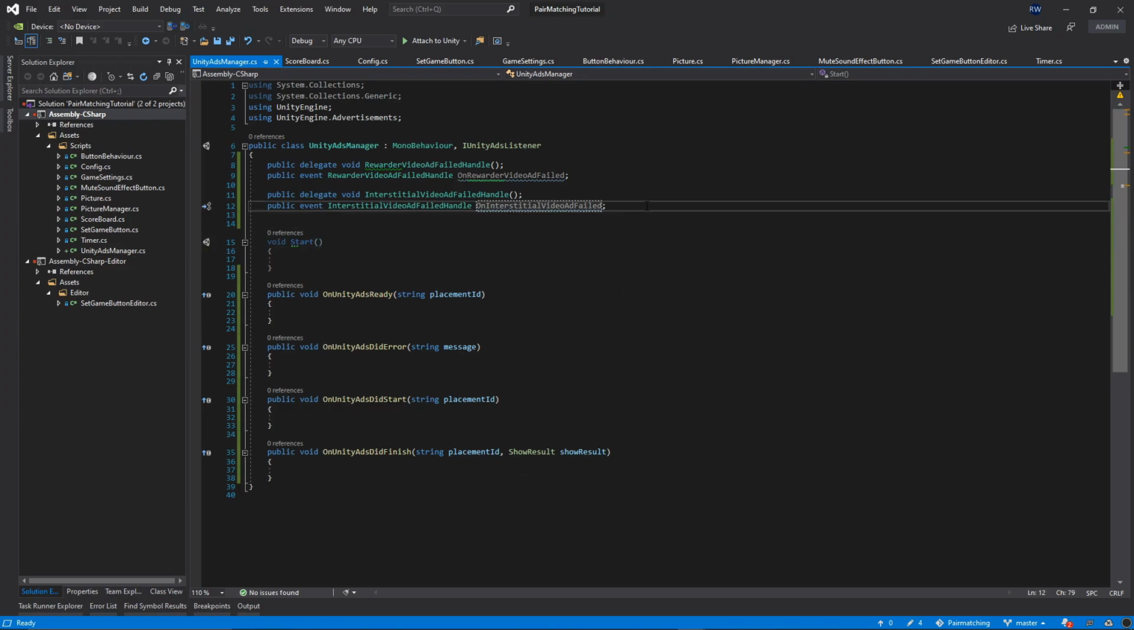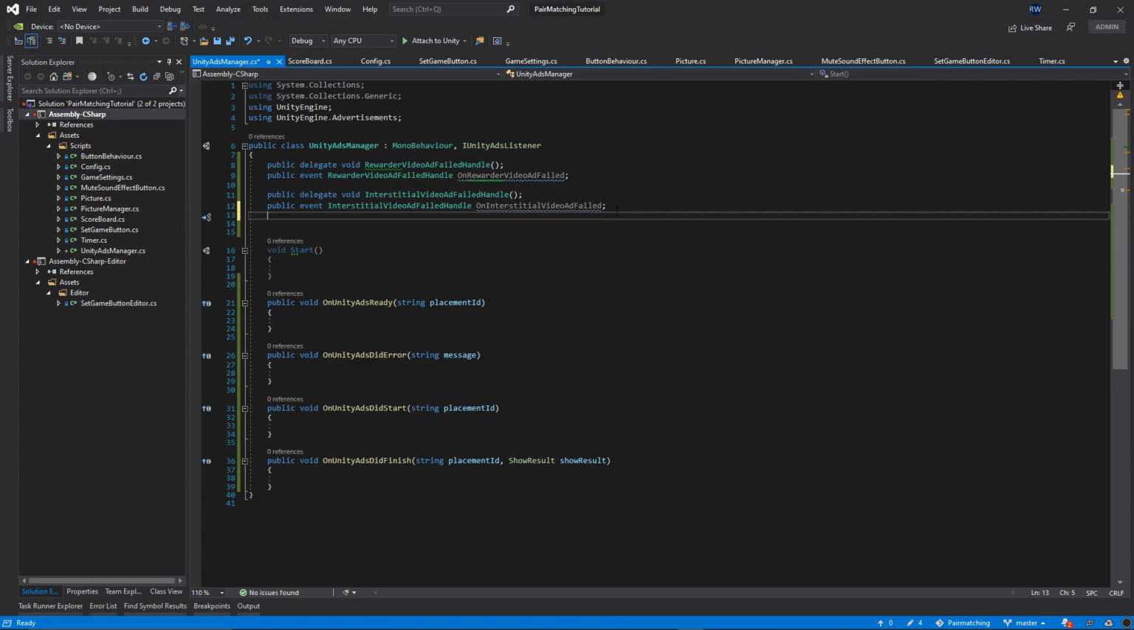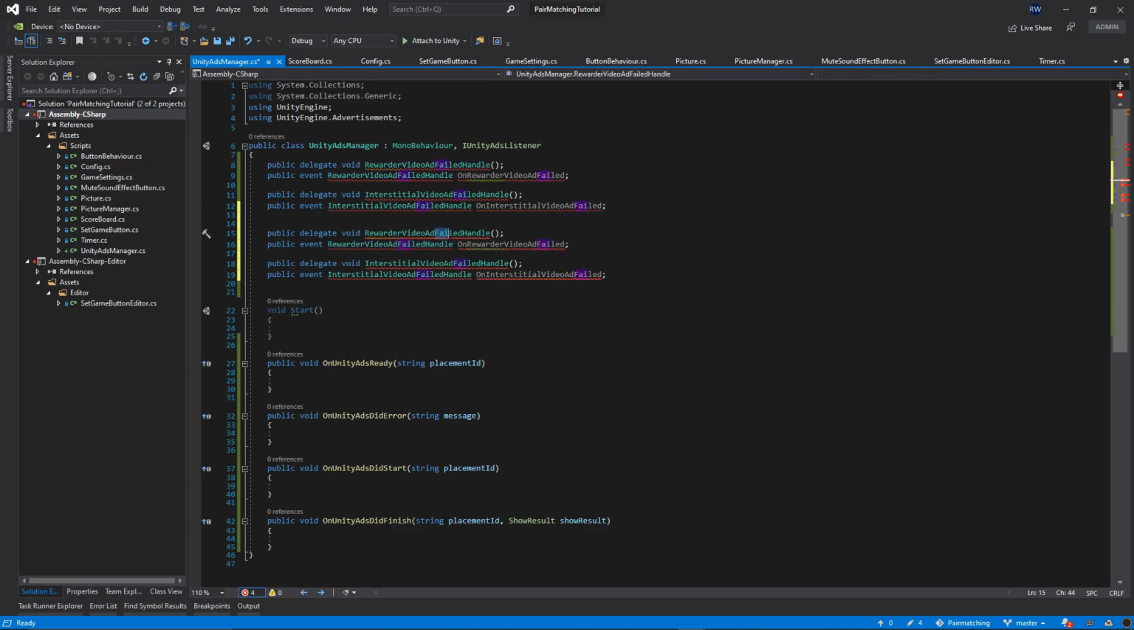So let's create another one. So I just copy this one, paste it below. So those two will be acting when we actually fail to load the advertisement. The next one will be when we actually skipped. So let me just copy them both, and then let's rename rewarded video ad failed. So we're gonna select the failed, and we're gonna replace it with skipped. So skipped, copy this,